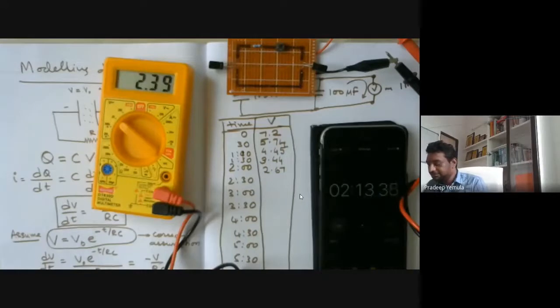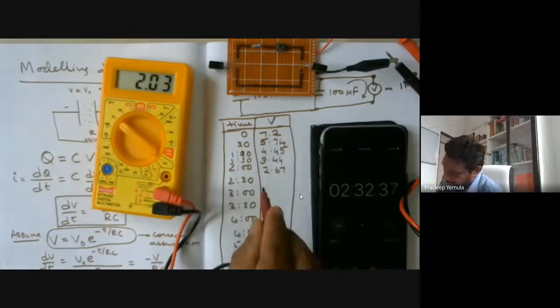See, unlike the water experiment, here the reading will never go to zero because it is decaying exponentially. So the capacitor will always have some charge until you short circuit it. Anyway, so 27, 28, 29 and 2.5 minutes, 2.07.